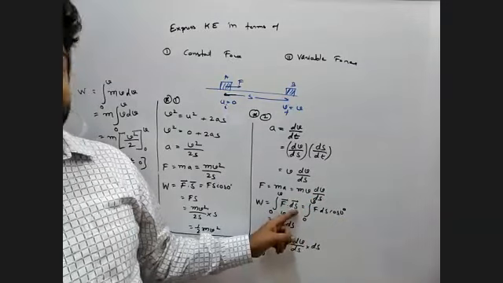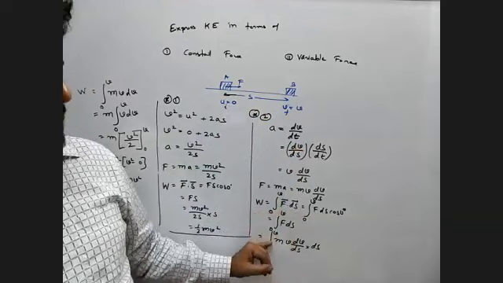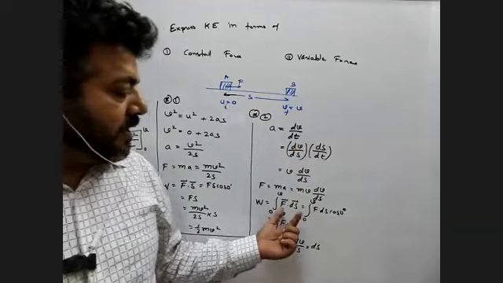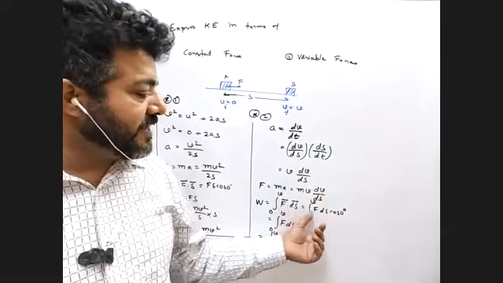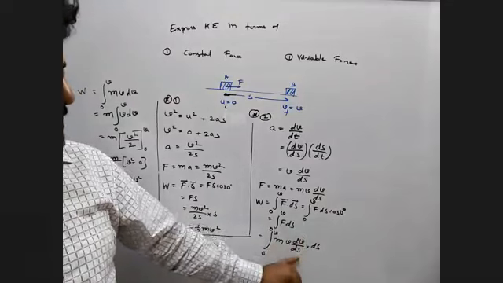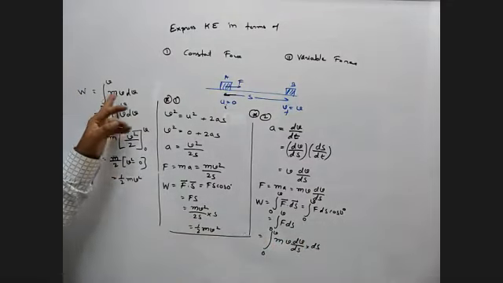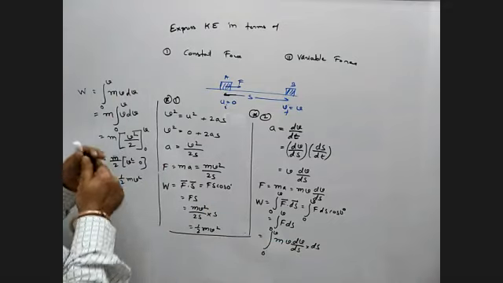Work done is integral of F ds, with lower and upper limit 0 to v. You can put this limit later on also, no problem. If you are confused here, it's velocity or what. So F ds cos 0 is F ds. Now put the value m v dv by ds, ds cancels. So you have m v dv. Now you can also put the limits, you can write it after that also.